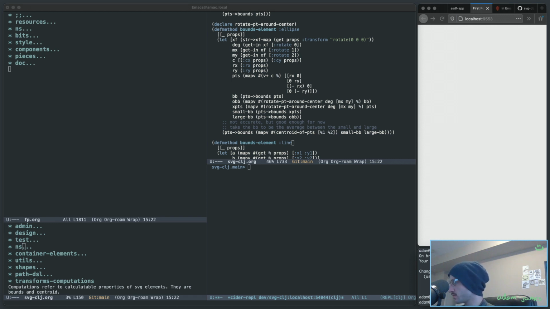Fixed bug where bounds would not work on ellipse. Caused group rotations with ellipses to fail. Git push. Okay, so that,